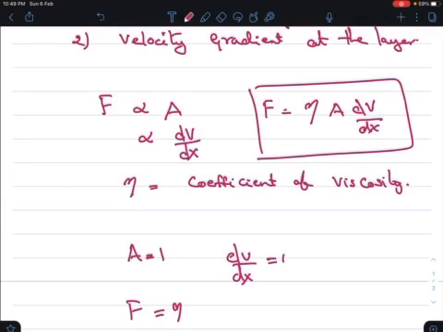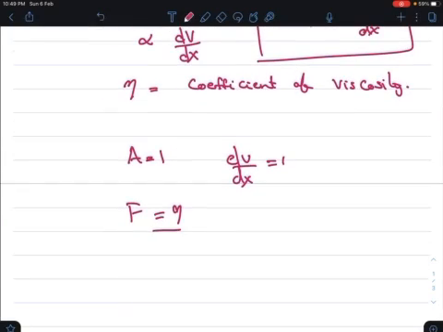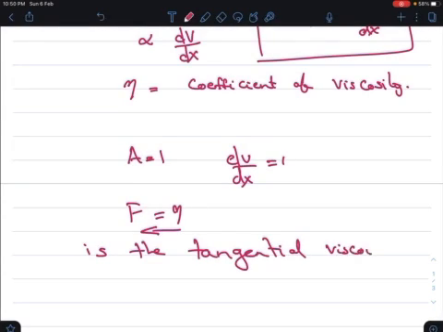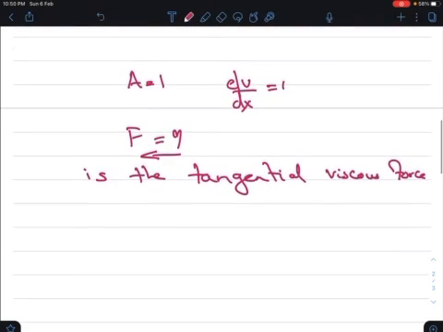So now we can define the coefficient of viscosity as the tangential viscous force acting per unit area